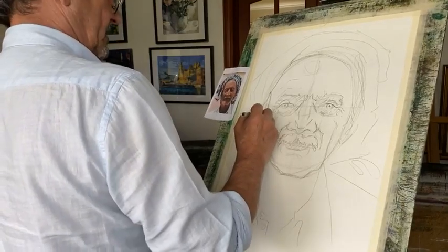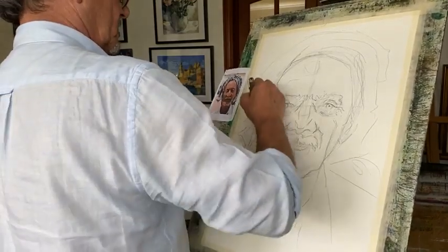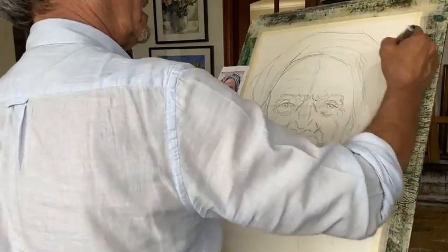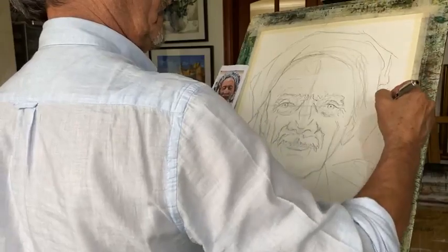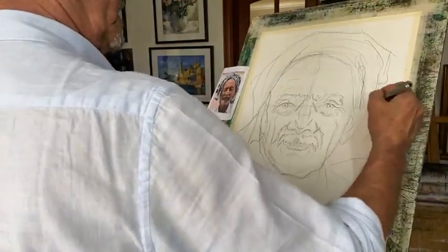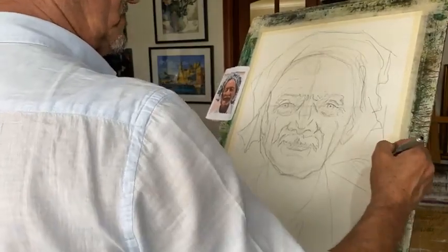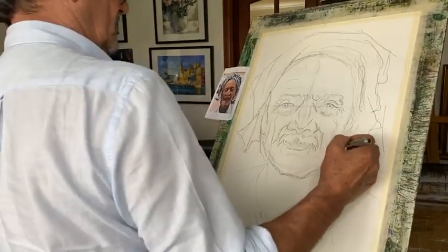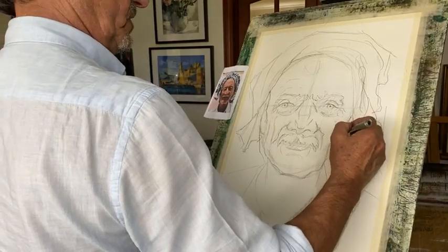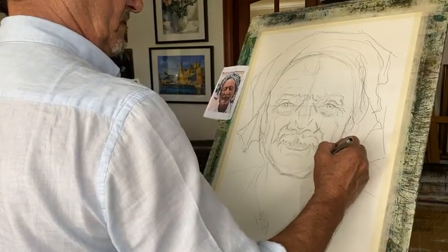Like that. And then just draw that. Quite quick. Do angles if you can, rather than curves. You get a much better feeling for shapes by doing angles. This goes off the picture actually. We come around here and then we just get this shape where the ear is, like this, and then we